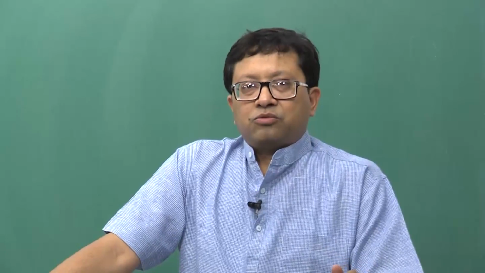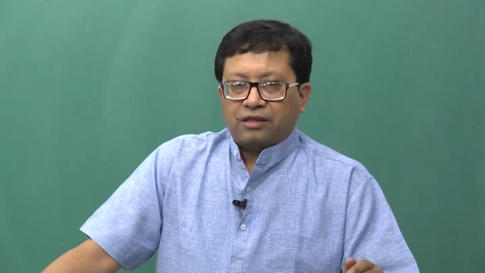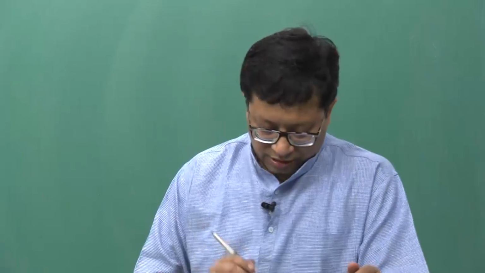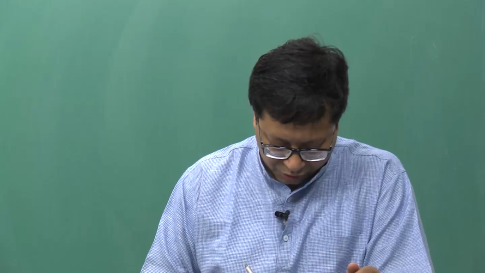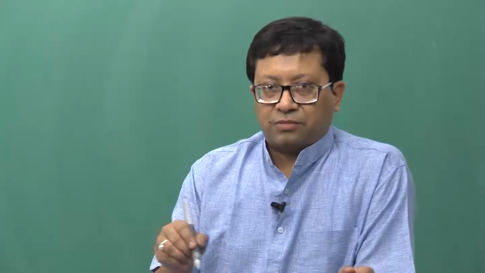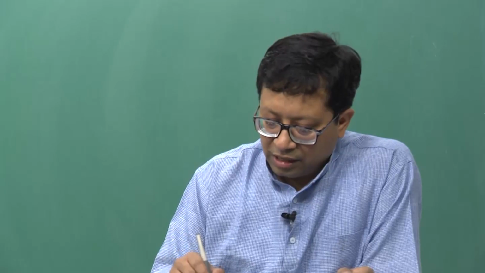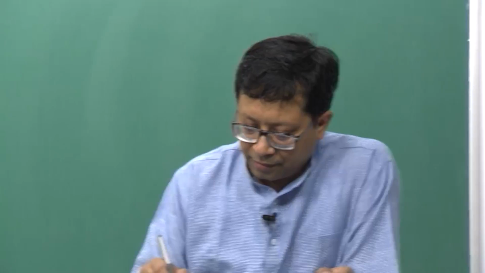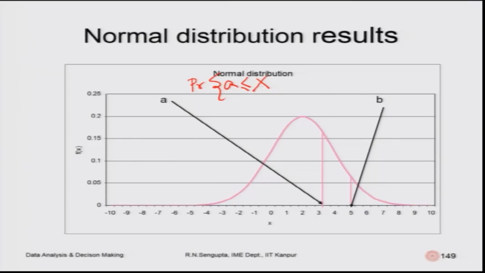Now, consider the normal distribution. If you remember, in the last slides of the 10th class I had written this, which I will write again, using red color so it is clearly visible. What we analyzed was the probability of a being less than or equal to x being less than or equal to b. We have to find this. So, technically we convert x into z, using the formula z is equal to x minus mu, where mu is the mean value of x, divided by sigma.